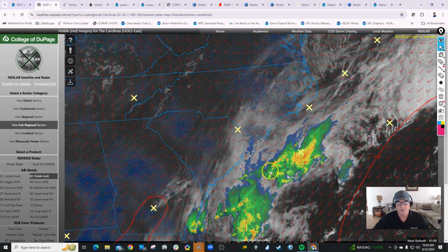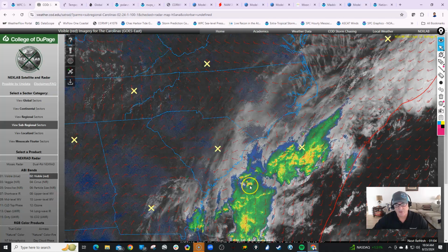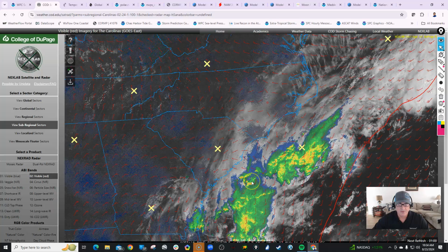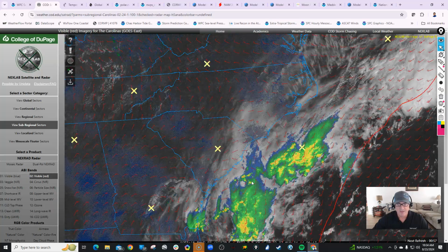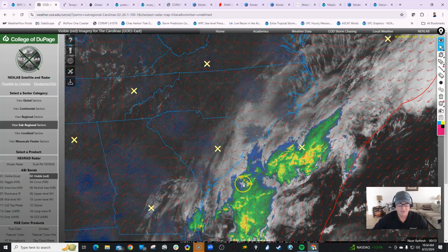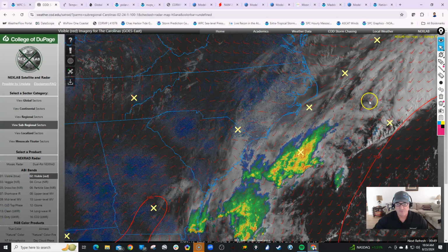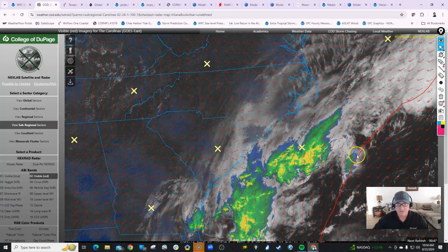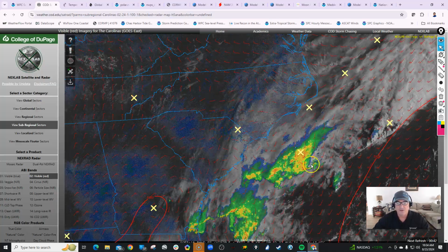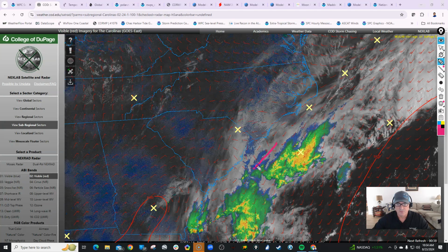And so right now, if we look at visible satellite, we can see a lot of shower and storm activity out over the ocean, mainly over the Gulf Stream, and a little bit over the cooler shelf waters, where we're sitting at about 82, 83 degrees on sea surface temperatures. Gulf Stream right around 85, so a little bit cooler over the shelf. It looks like we got some air drying out with that northeast flow underneath. So we see that southwest or south-southwest upper flow ongoing. You can see the cirrus streaming off to the north, and down at the surface,